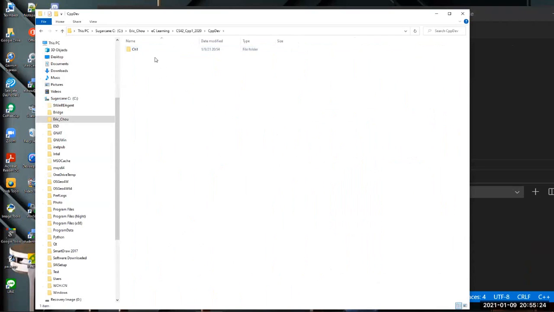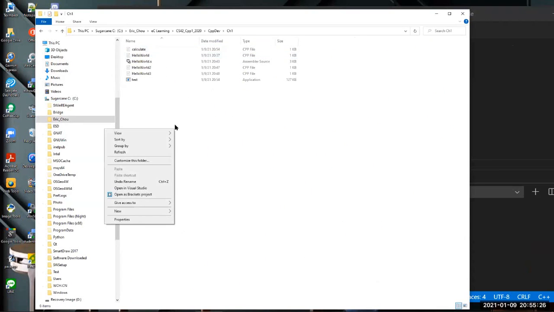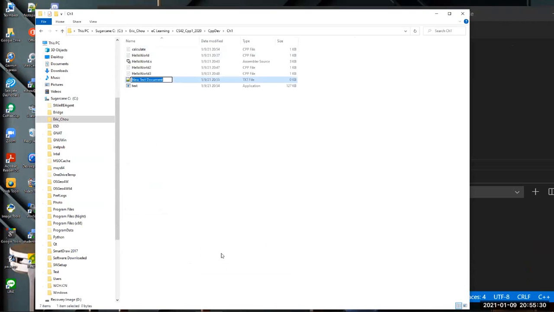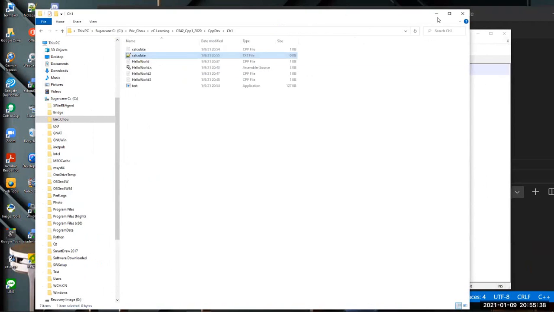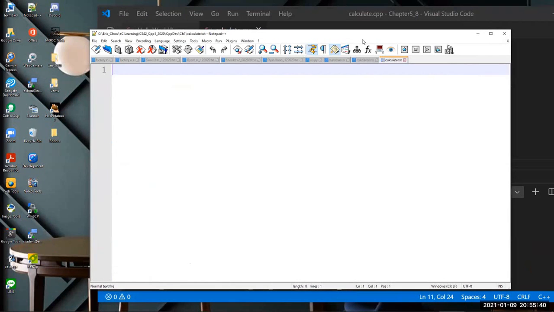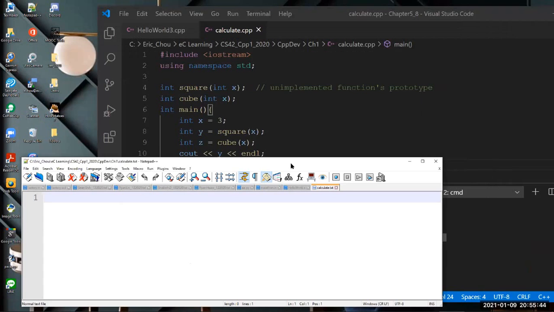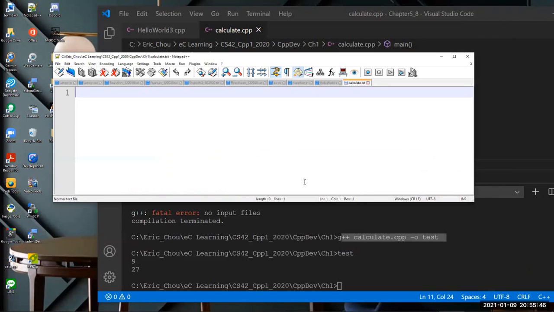Over here, in chapter 1, I create a new text file called calculate.txt, and over here I can put it, right? And I can do G double plus